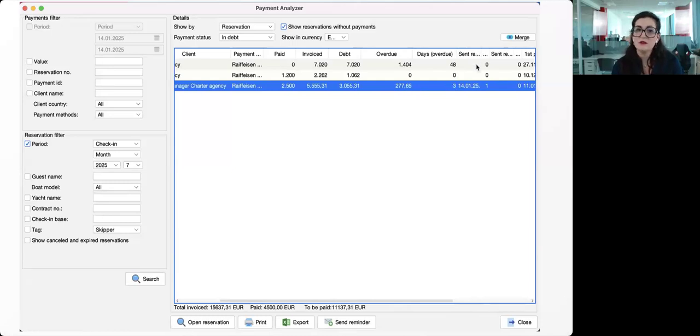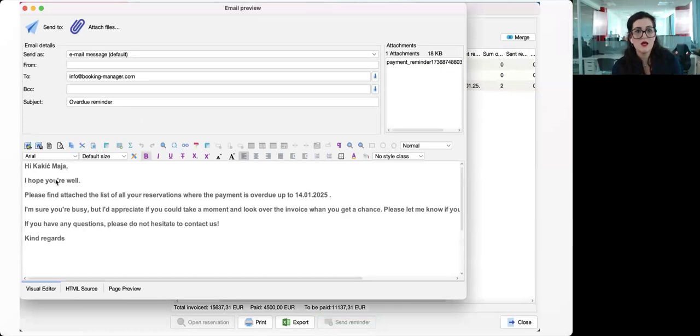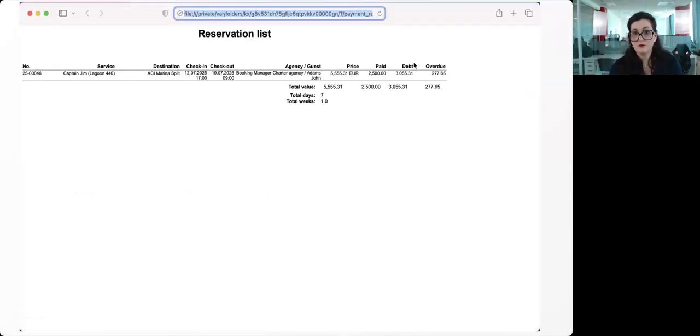So this is very convenient if there's several of you in the company that manage the accounting and the invoicing part, so as not to overlap and not to send reminders to the same client or to the same agent more than once. As you can see here, it comes with a predefined text that you can create, and it comes with an attachment with the